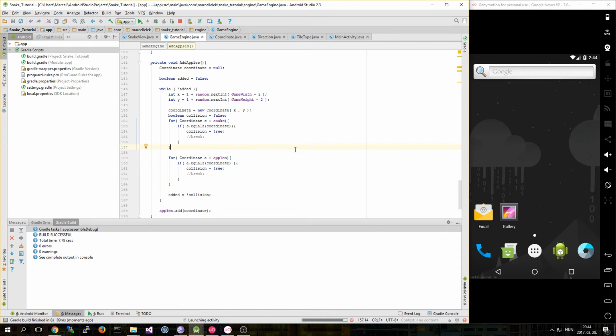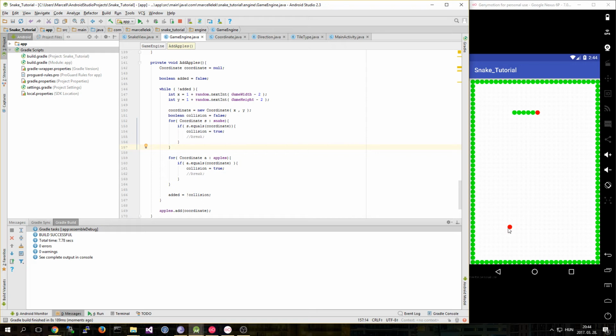I hope this will... Oh, yeah. So there is our new apple. Now let's get started to eat it. So to eat,